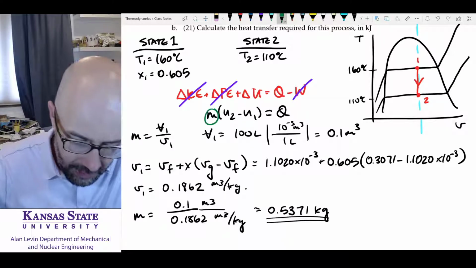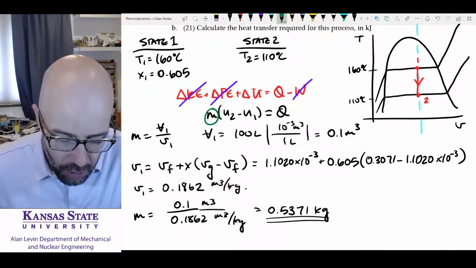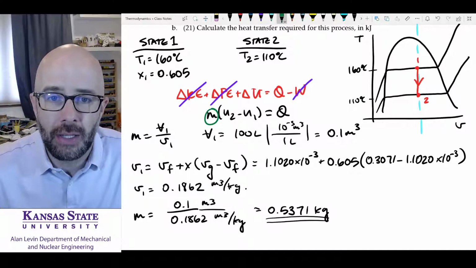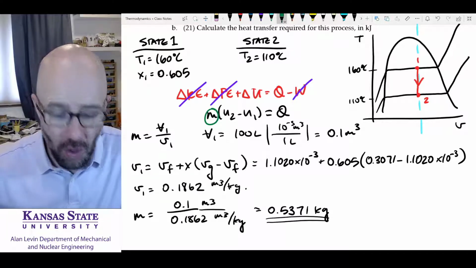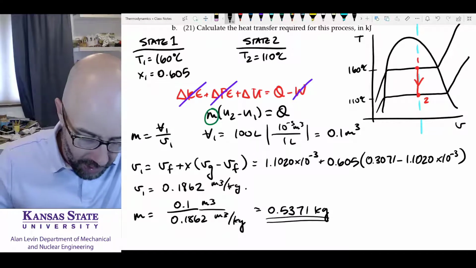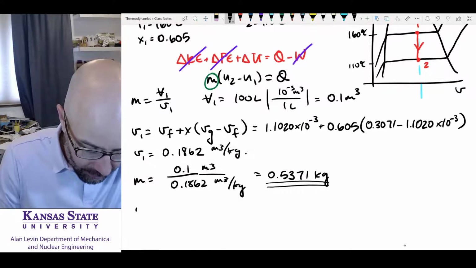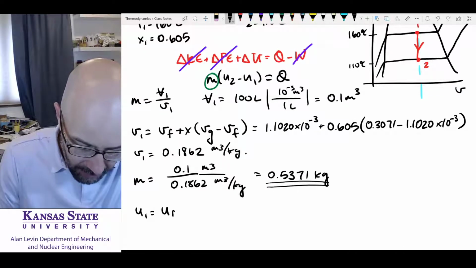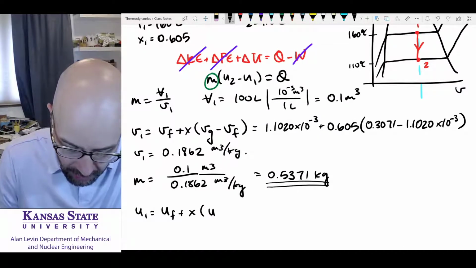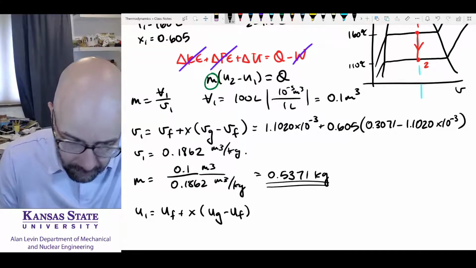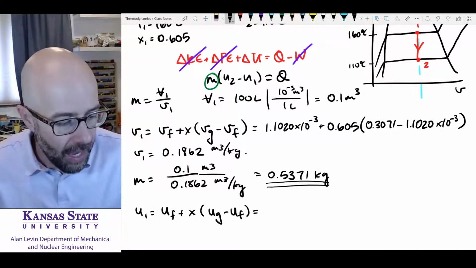I now know what this is. U2, I can find that using U1, I can find that using the quality equation again. So I know that U1 is going to be equal to UF plus X times UG minus UF. And so that, if I look this up, I'm going to find